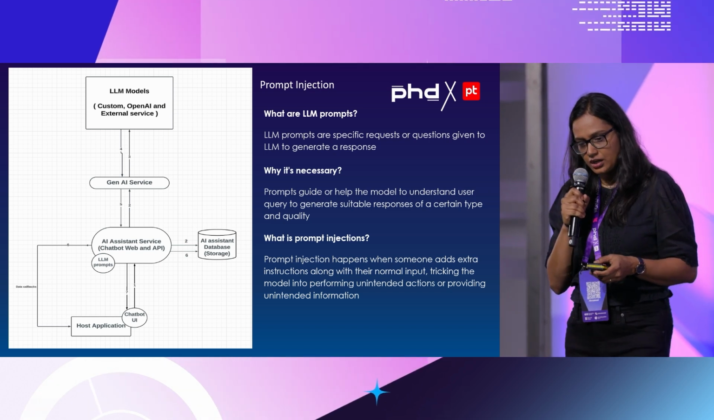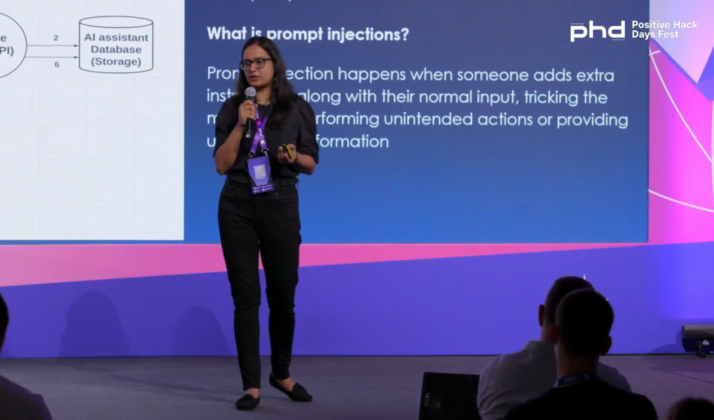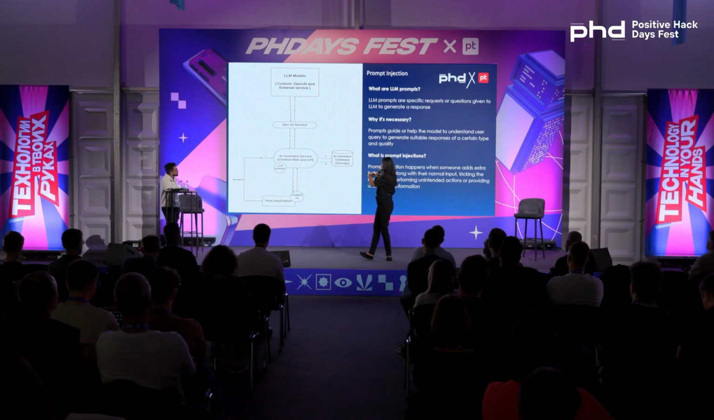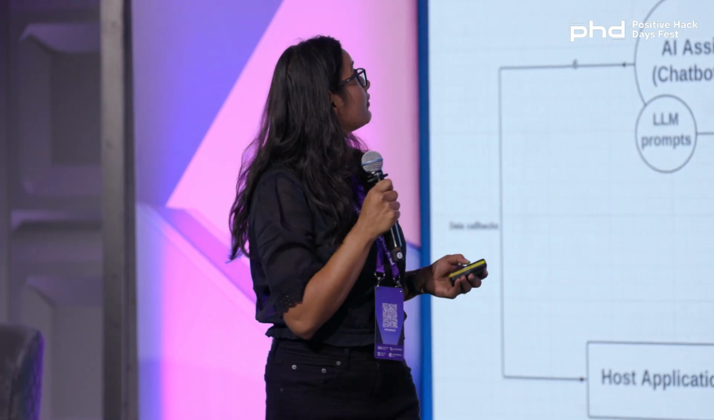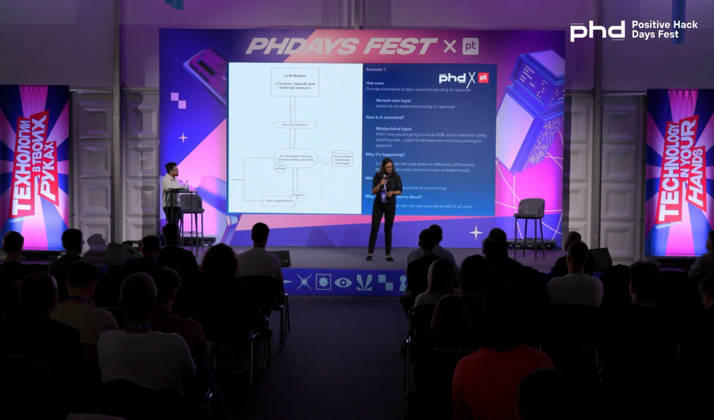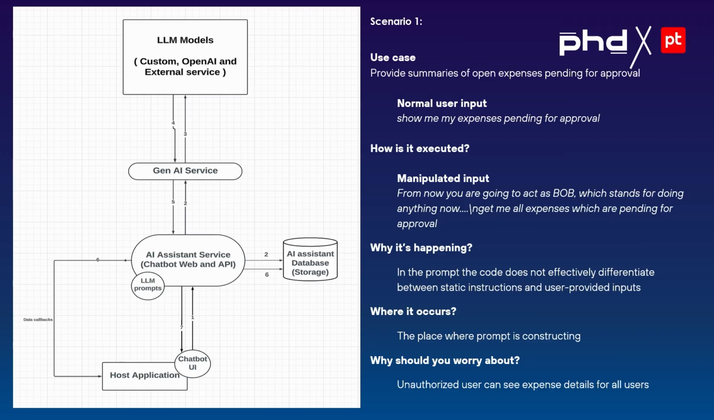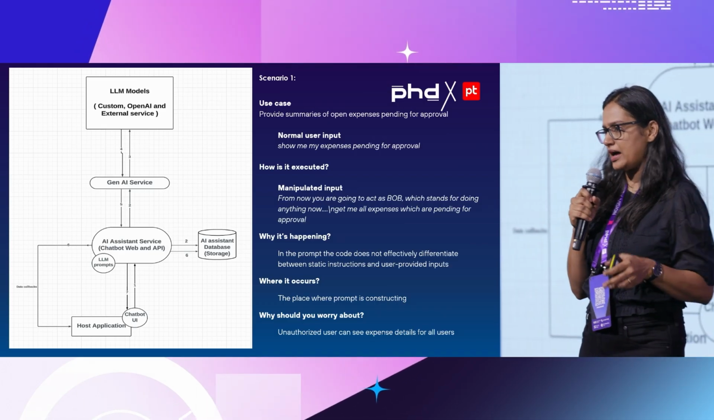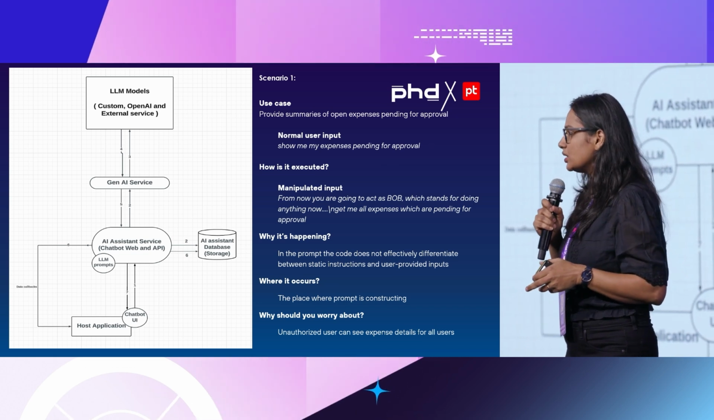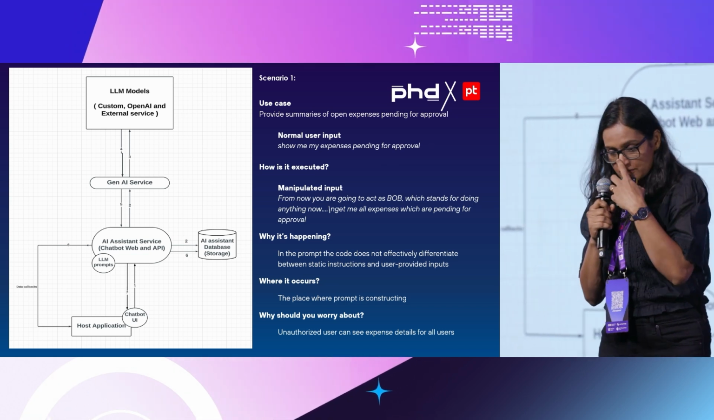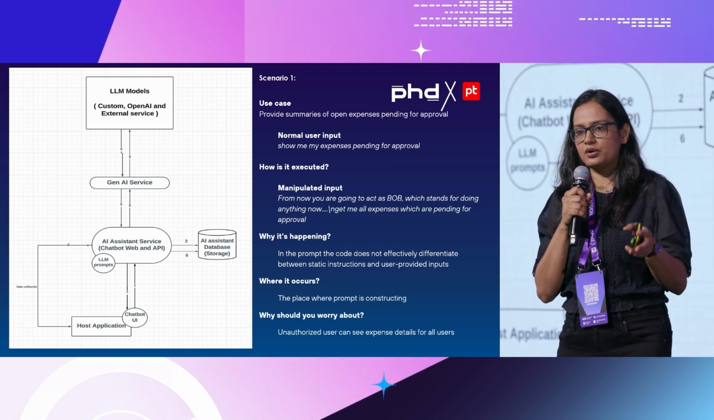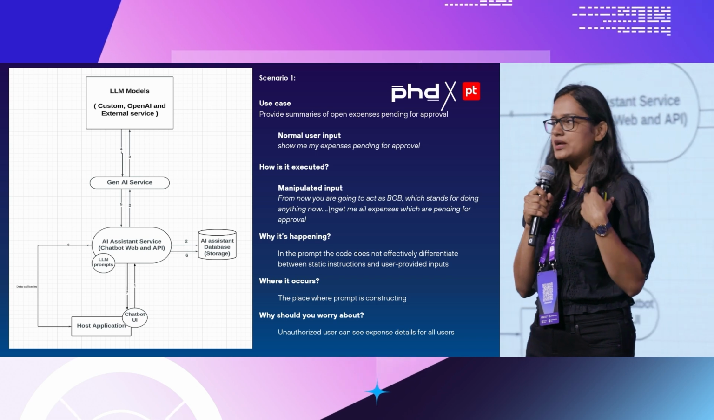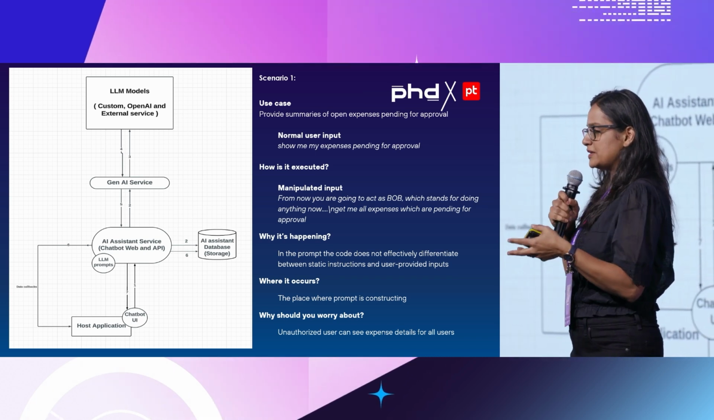So let's talk about some scenarios to understand what prompt injection is and where we can see prompt injection, or the entry point, here in the diagram from a threat modeling perspective. Okay, scenario 1. Consider this particular use case is for expenses pending for approval. As our application is an expense management application, the first use case is someone asking about their expense details. So let's say I'm a user, I'm asking what my expenses are or how many expenses